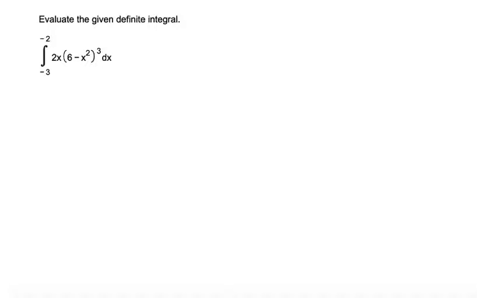So here we have a definite integral example, but we have an inside function, this 6 minus x squared part, and an outside function, the power of 3. So we'll need to use a u substitution. We can make u equal to the inside function, which is usually a good choice, 6 minus x squared, and